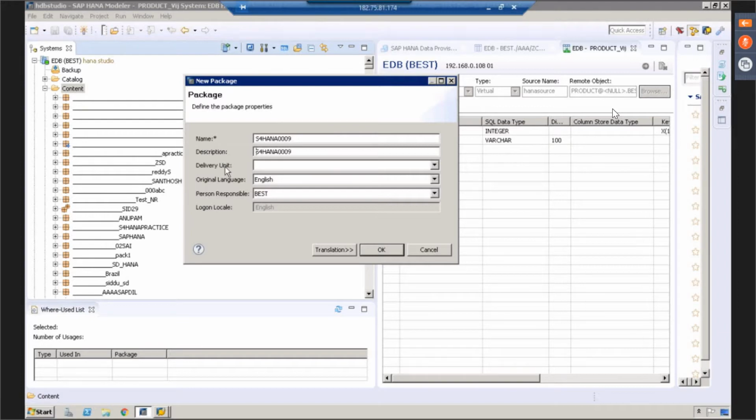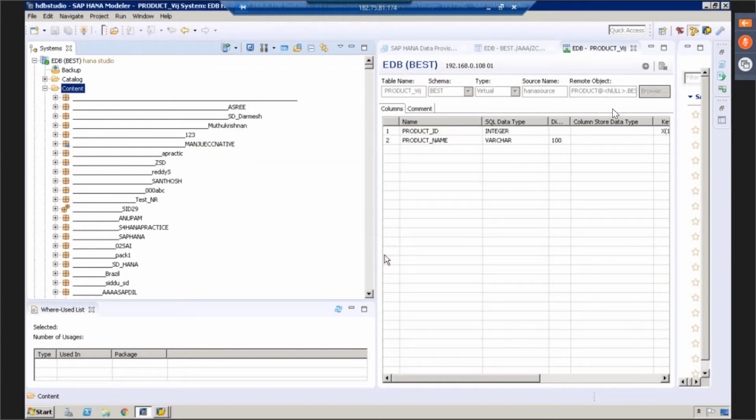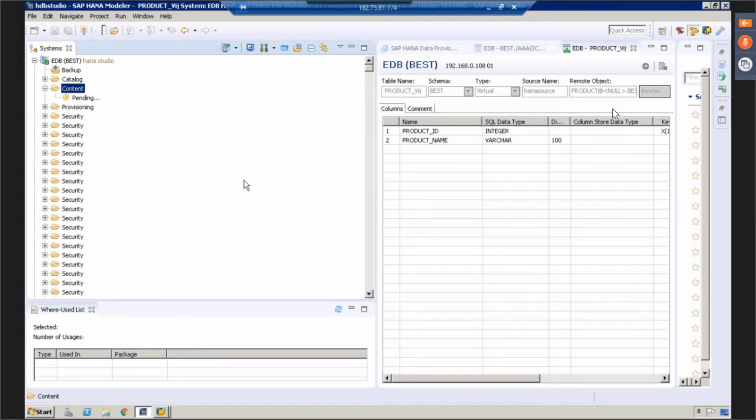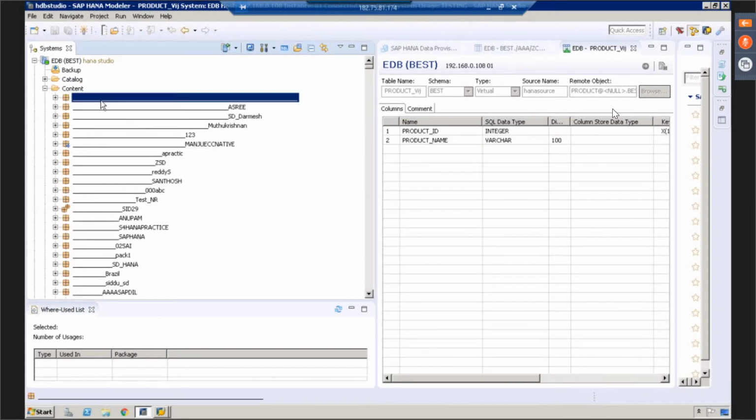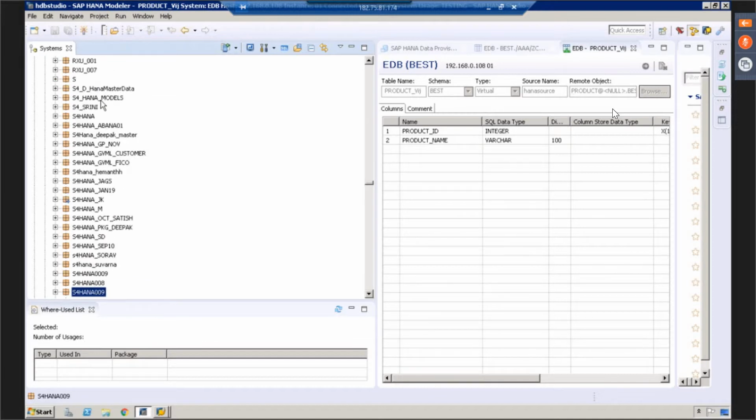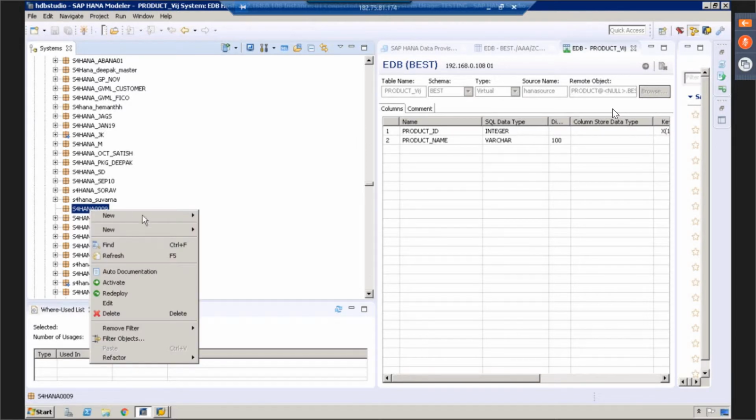What is the purpose of delivery unit? The purpose of delivery unit is to transport packages from one system to another system. We can export from the development system and import to the QA system. So what I'm going to do, I'll click OK. Once I click OK, let us find this package S4 HANA 0009. So here you find the package. Now what I would like to do, please see. When you right click on the package, click new. So here you can see